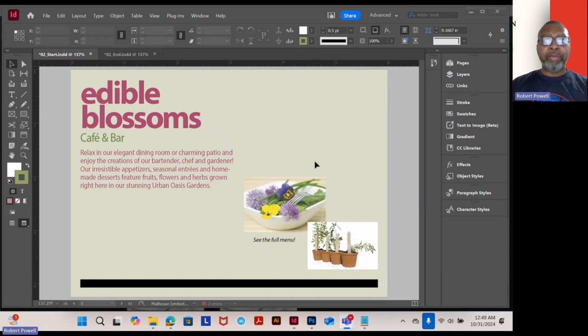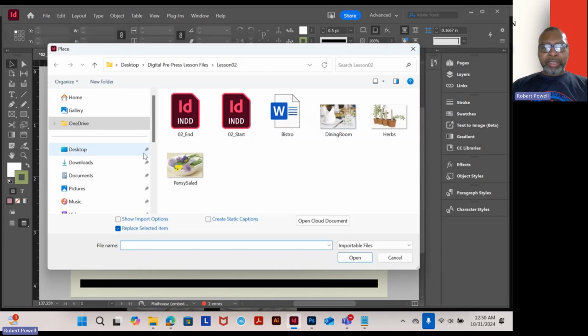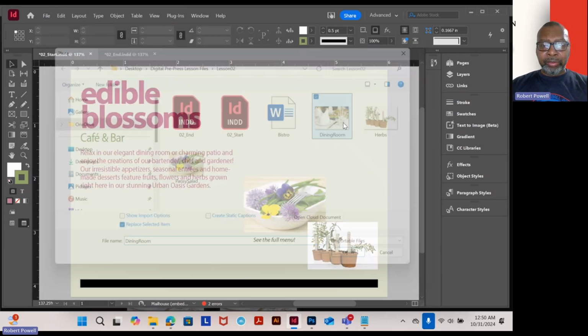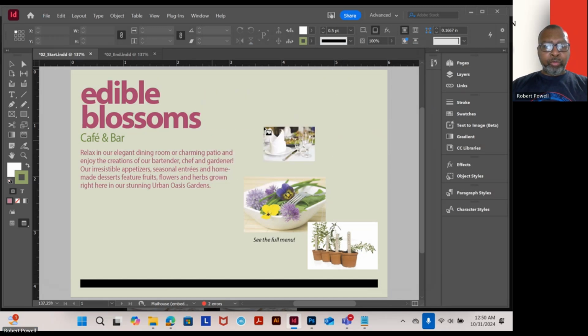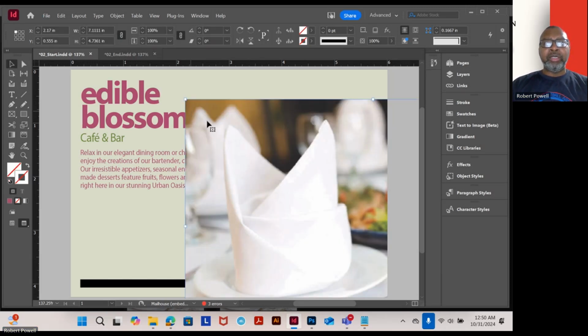Now, if you've got a big picture, there are a couple of different ways that I usually do this. There's a way to scale it down. So we're going to go to File, and anytime you're putting a picture in a file, you're going to go to Place, File, Place, which is Control D on the PC, and I think it's Command D on the Mac. We're going to go to Place, and we're going to put it in the dining room. Now, once you hit Place, it's going to ask you, not directly, where you want to put it. So you just drop it anywhere because it's going to cover the entire